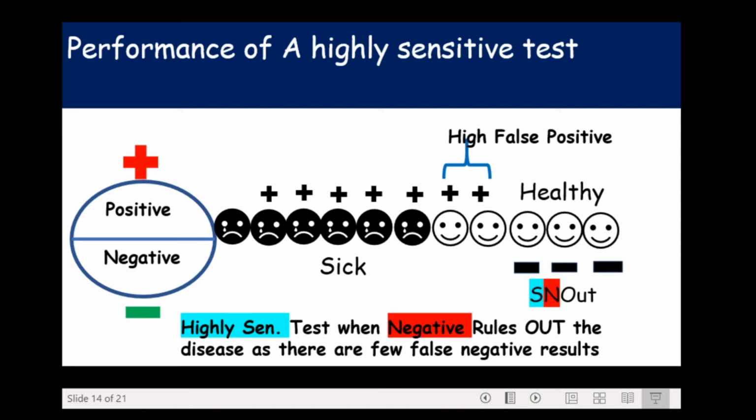In other words, they are good for catching actual cases of the disease, but they also come with a fairly high rate of false positives. Also, a highly sensitive test means that there are few false negative results. Few actual cases are missed. So, tests with high sensitivity have potential value for screening because they rarely miss subjects with the disease.